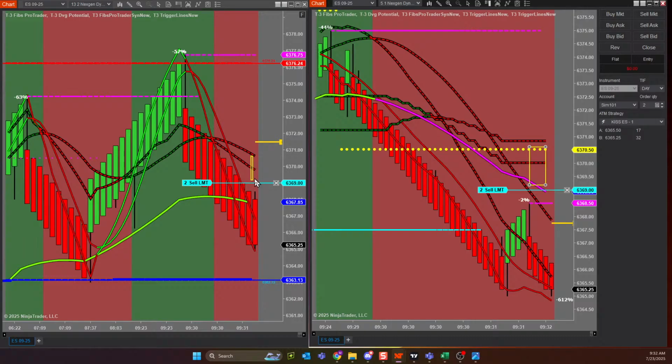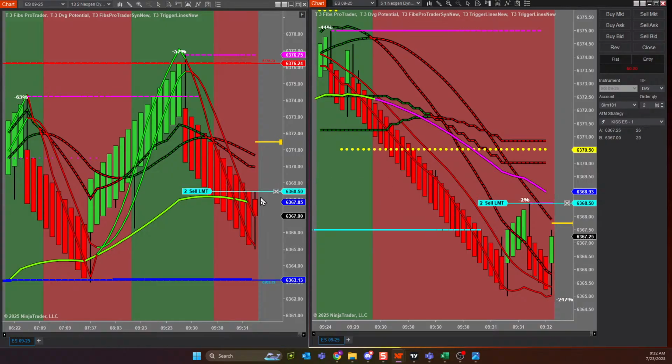It all starts with momentum. Once I have momentum, did I reach the blue fib? I did not. Am I clear of this fib? I most certainly am. Do I have areas inside of that trigger range from the lowest line of the triggers to the highest line of the triggers? That mid band is my lowest point of resistance, guys. I'm going to try and get in a tick or two below that mid band because this market has momentum to the downside. This market, the odds are favorable for it to continue down. My path is clear. The KISS plan says this is my entry. The KISS plan says my stop goes up here where the market shouldn't.